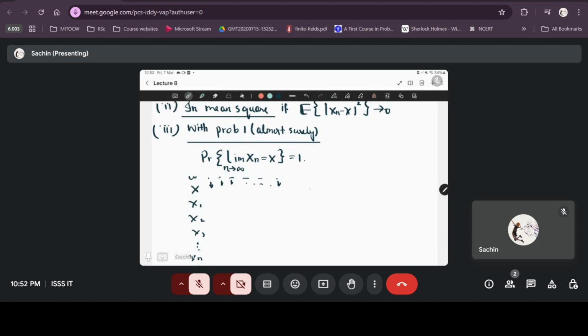So there will be a set of outcomes for each of these X1, X2, X3, Xn, etc. There will be a set of outcomes for which Xn is not equal to X,